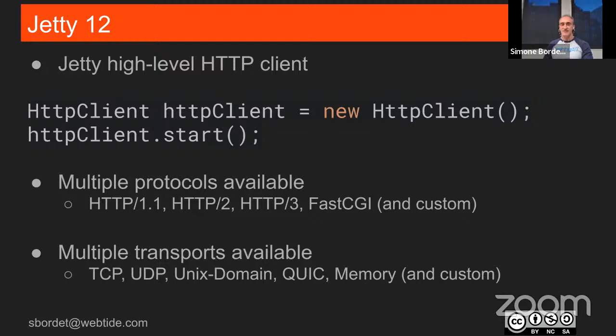But the other thing that I think only the Jetty project has is that we can now mix and match the protocols with the way they are transported over some transport layer. So for example, HTTP1 or HTTP2 are TCP-based protocols, but it turns out that you can also transport them over Unix domain sockets. So you can configure the client to say, hey, I want to make an HTTP2 request, but not via the TCP network, but via Unix domain sockets. And so you can do that.